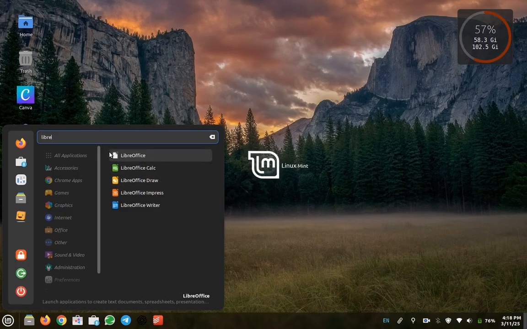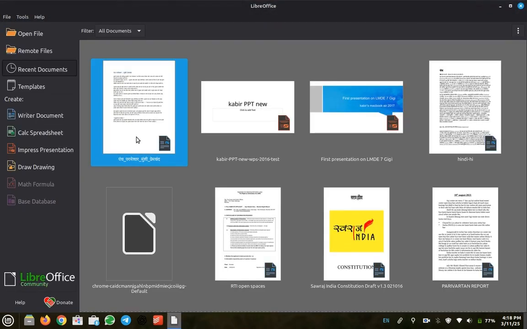But let's see the main LibreOffice app, where if you open it, you will also get all these under the Create section. Here you can see there is Math, Formula and Database. These are two separate LibreOffice apps, but they are optional and not necessary, so they are not pre-installed. So these are the Writer document, Calc spreadsheet, Excel, Impress presentations and Draw. What it means is what is written. So let's open the Writer document.